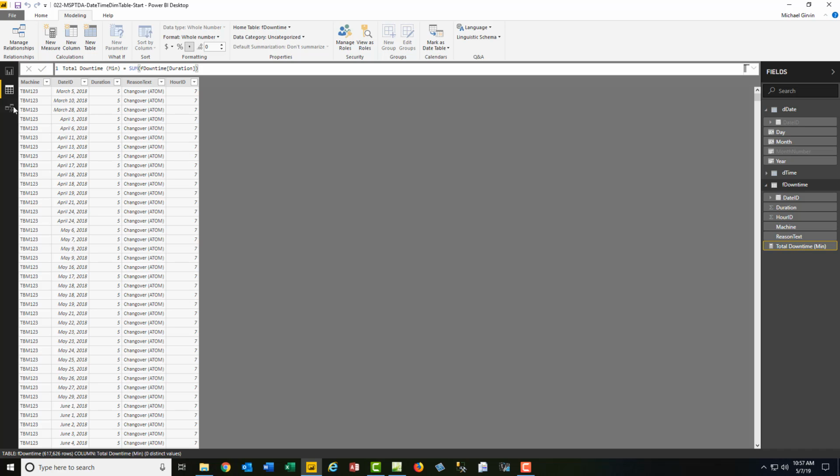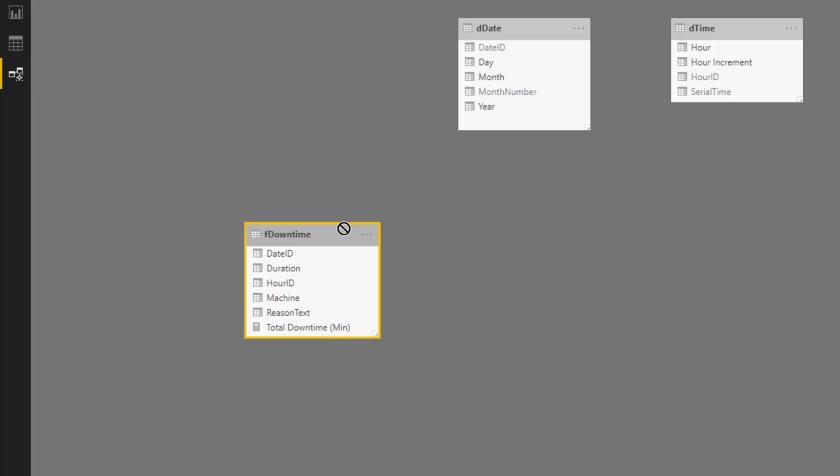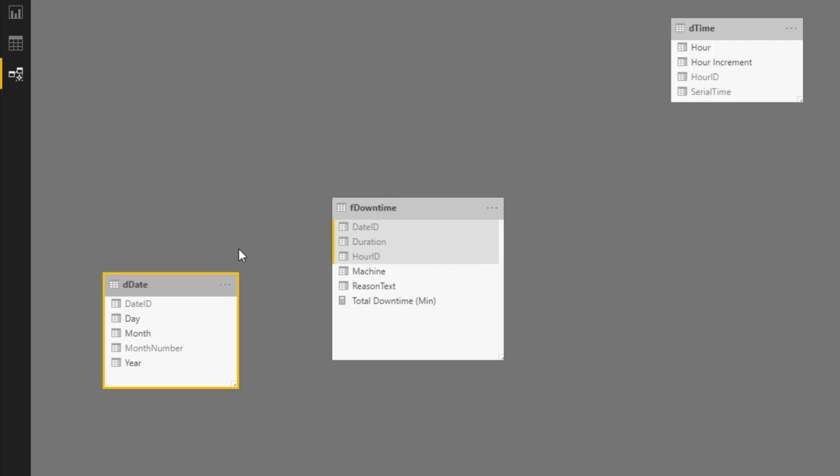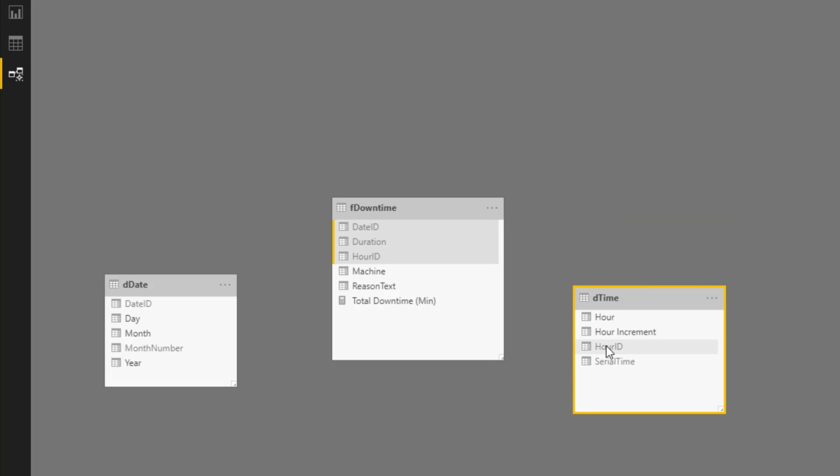Now, we need to hide some of these columns, but it's easier to do over in Relationship View. Hey, there's our fact table. I'm going to select that first column, hold Shift, select Hour ID, right-click, Hide in Report View. Now, Machine and Reason, we might pull these out into a dimension table. But for our purpose here, we're going to leave both of these columns here. We'll drag and drop these as attributes from the fact table. And there's our measure. Now, here's D date and D time. Hour ID, this is the one side. Over to the many side. There's our one-to-many relationship. Date ID,